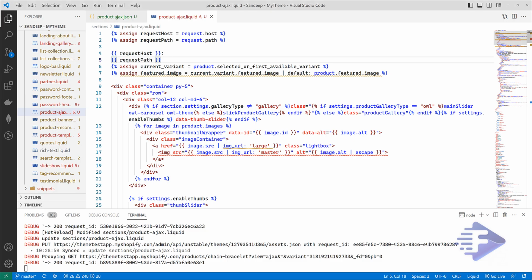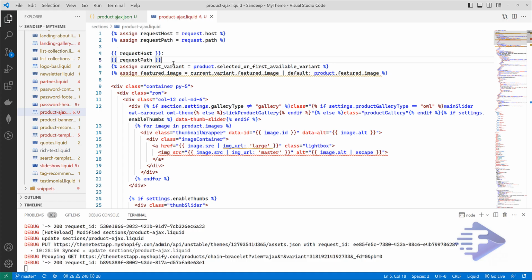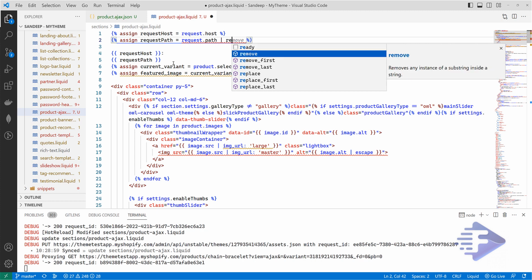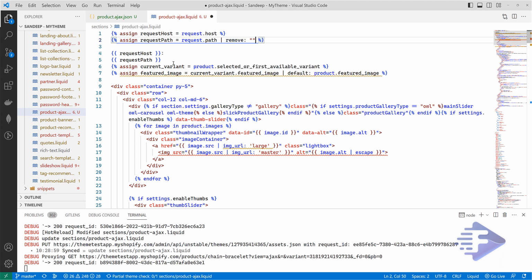So I'm going to remove product from here. Let's remove this one. Remove this.